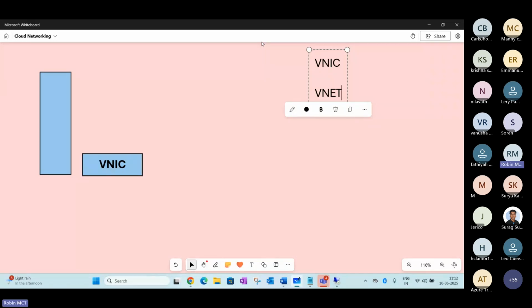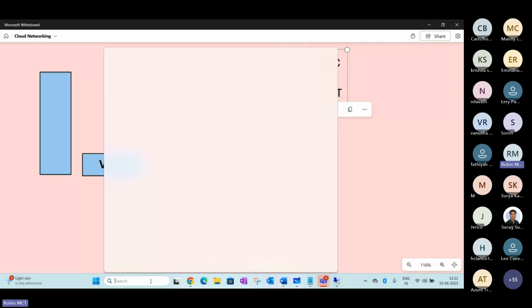vNICs are free here. We need to pay the additional charge depending upon what additional service you are taking here. So I think we're good with the vNIC here, and all these answers are giving me confidence. That means you are with me, and I'm not seeing any other questions. So the next topic is about IP address, and about VNet and the communication here.